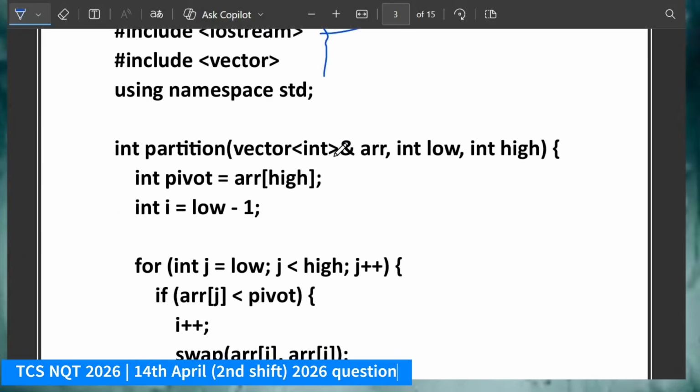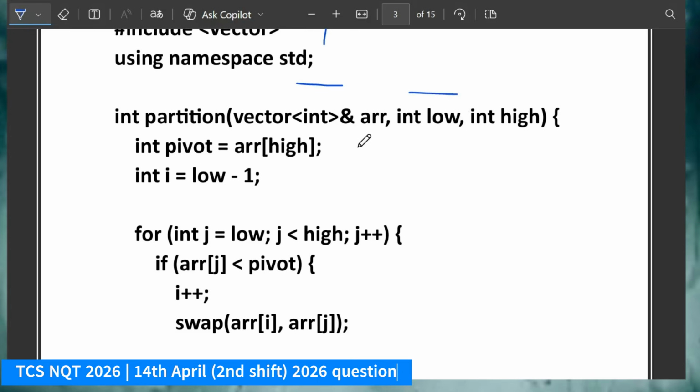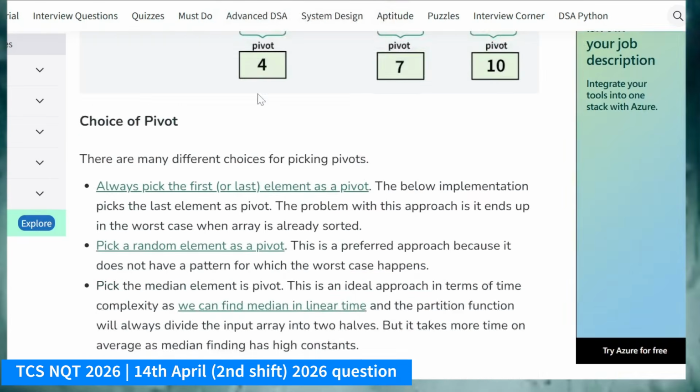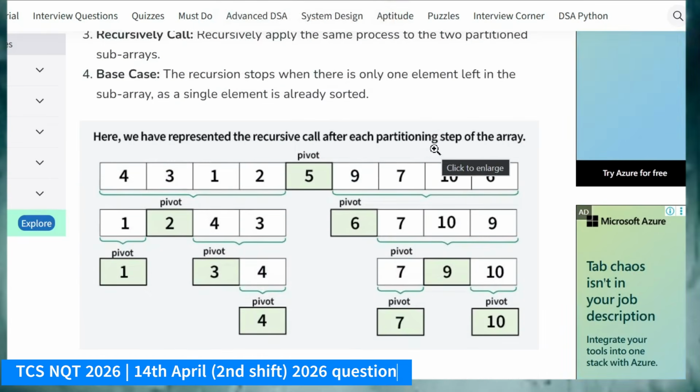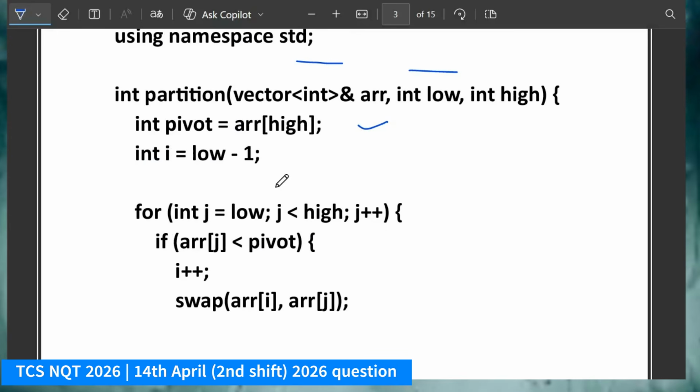Means if you call the partition function, then it will give the pivot index value, and further you can work with it. So for partition, I'm passing the array, the low and high values, and at first I'm taking the pivot element as high. Remember friends, in quicksort you can choose according to your criteria. Means it's not that you must choose high, you can choose low or you can choose another value. Okay, that completely depends on the requirement and what they're exactly asking in the question. Got it? So that's the thing I want to tell.